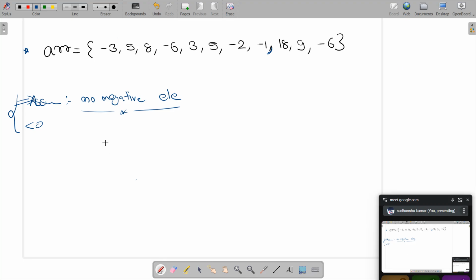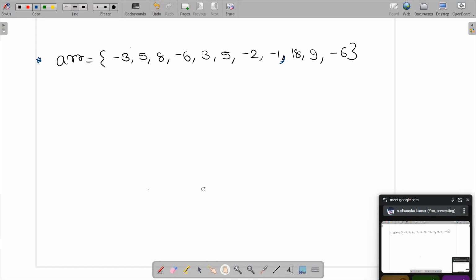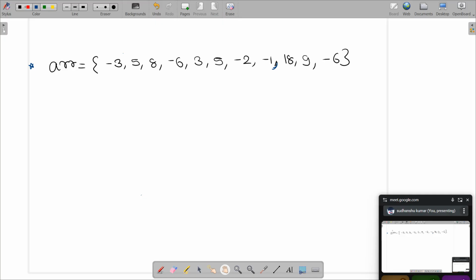So for now we will move forward with a guarantee that my answer is not going to be negative. At minimum it will be 0. Now look at the story, how we will execute Kadane's algorithm here. We will start something like this. Let's say a train. Initially, this train will have a sum of 0.